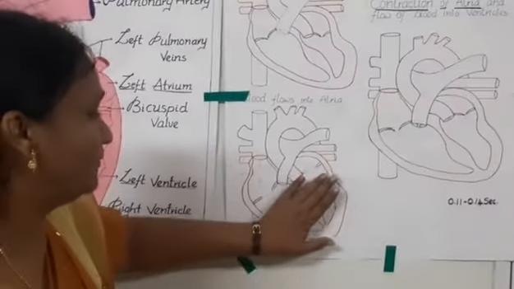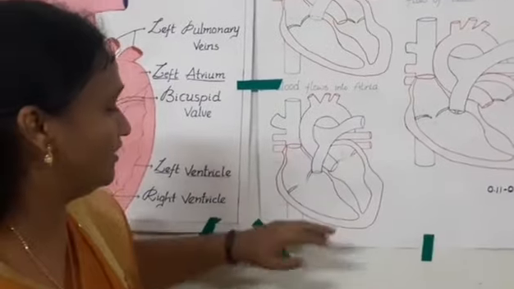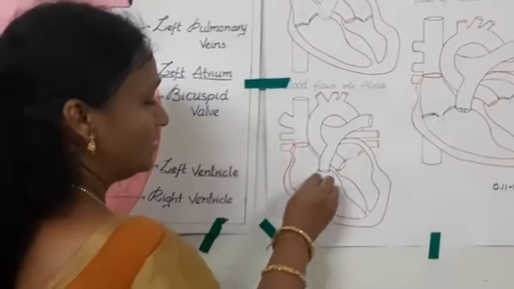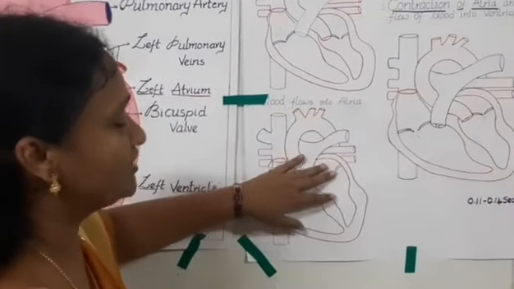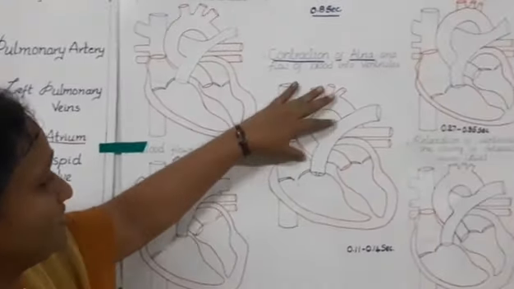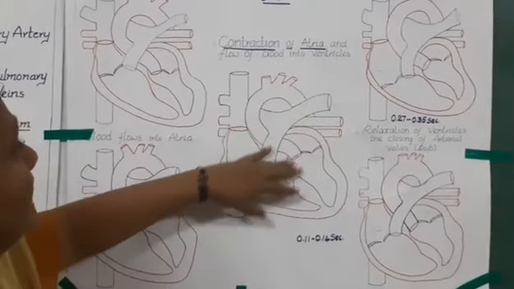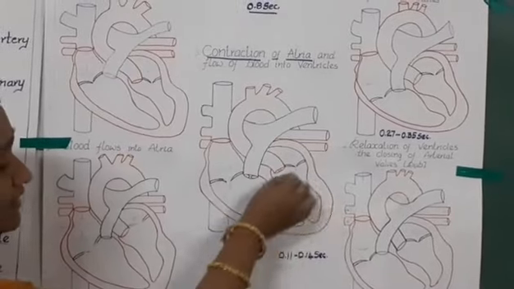The contraction of auricles helps in pumping the blood into the ventricles. After completely filling the ventricles, some amount of the blood wants to go back to the auricles, and at that time the valves immediately close. When the valves close, it produces the first sound called lub. So next, the third stage in the cardiac cycle, the blood is completely filled in the ventricles.